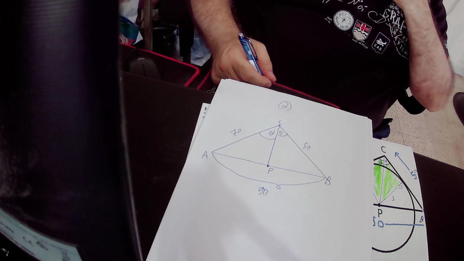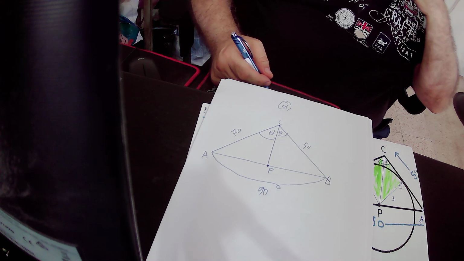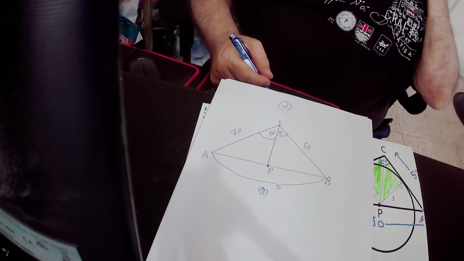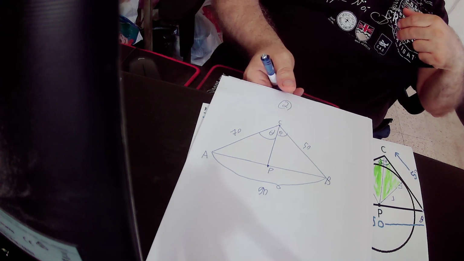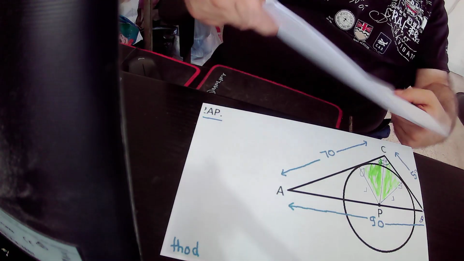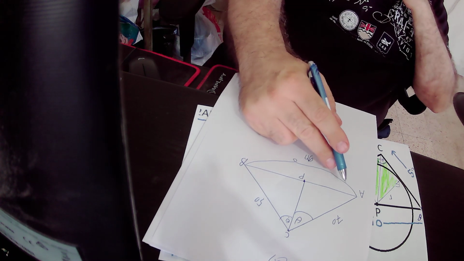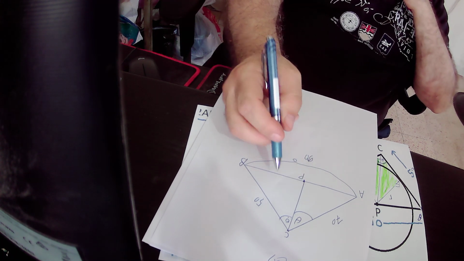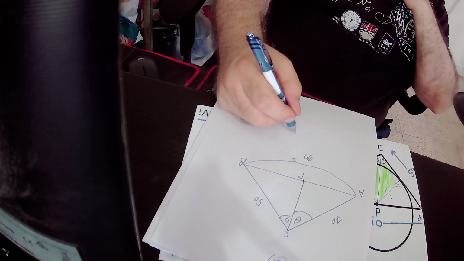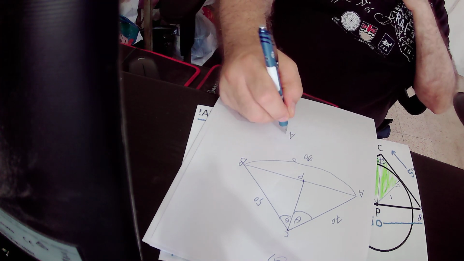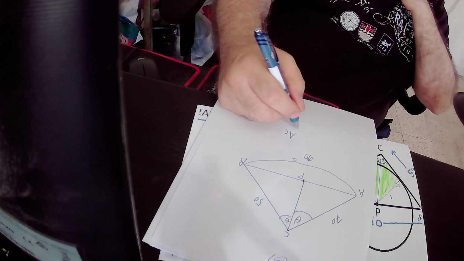So actually the ratio of the angle's sides is AC over BC,